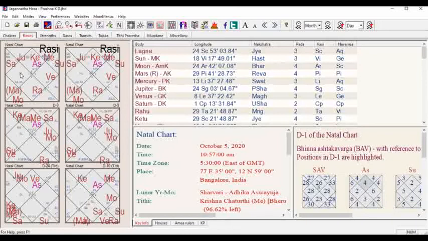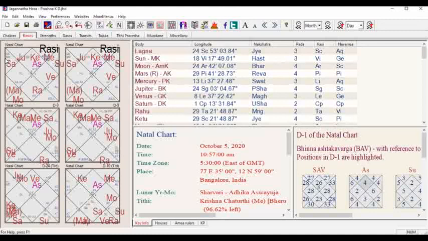In the D1 chart also, see, Saturn is in one of the Trik houses, the third house. It is not considered as such very good. I'm just giving an example in this way because you asked me the question. To check any planet's energy, we need to see the lordship, the house, the dispositor, the Navmansh, and what dasha system is coming in. So there are a lot of factors.